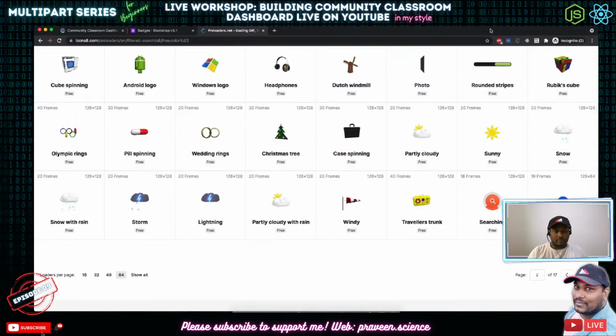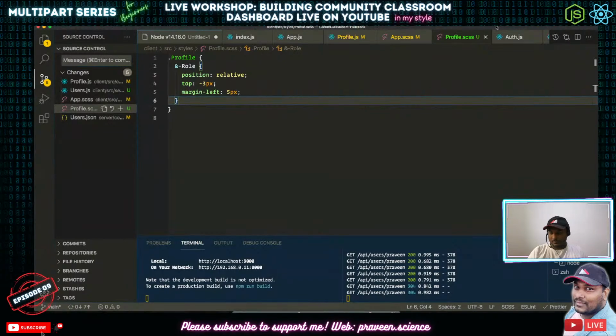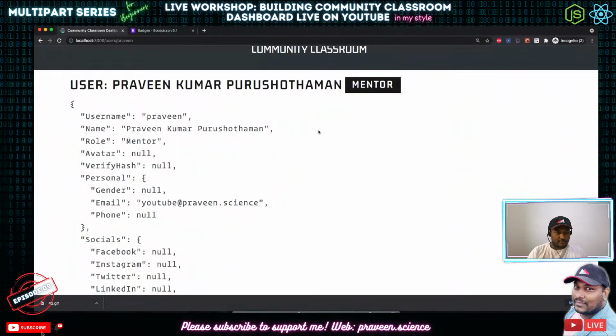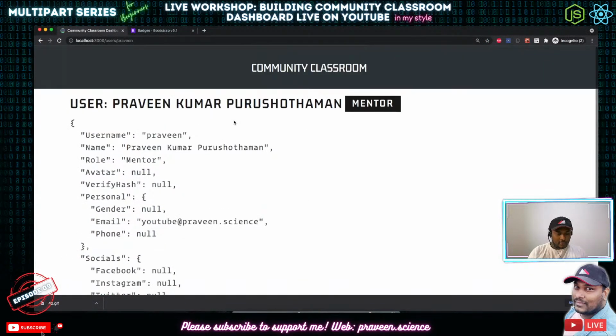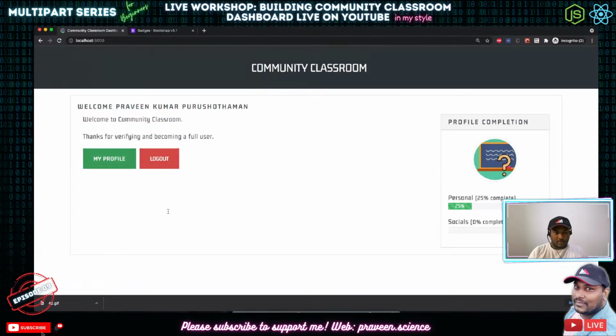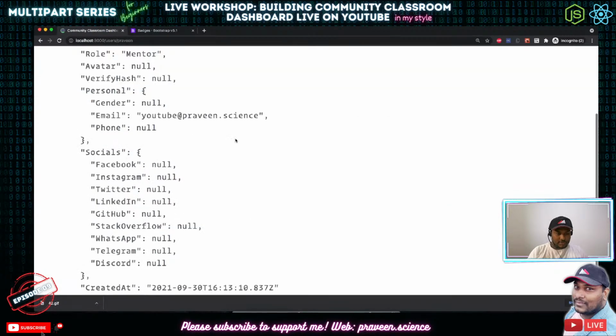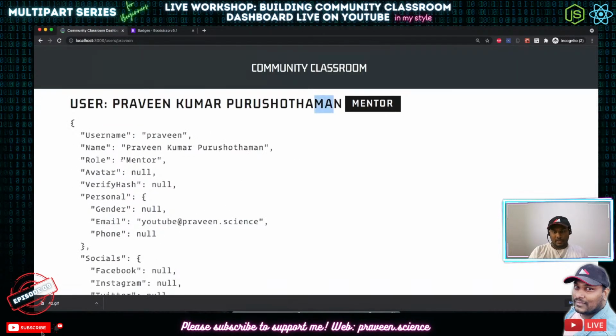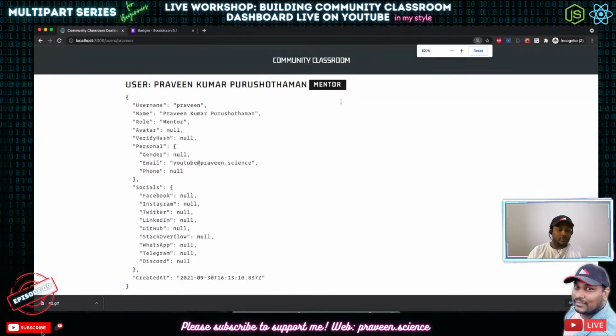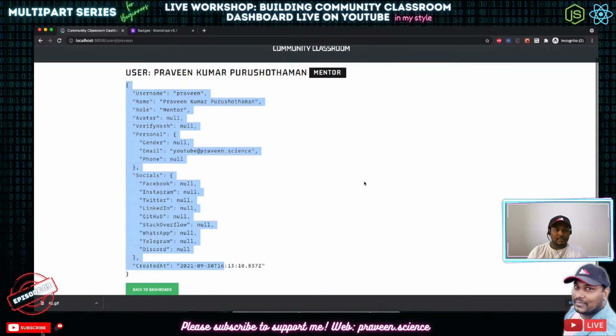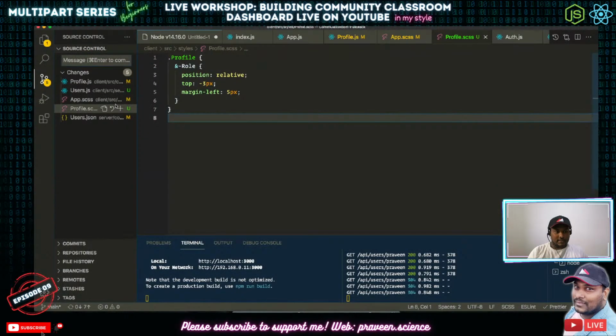So on the right side, we are going to add an image of the user. At the moment, if you see here, we have got everything here, and back to dashboard, we get all these things. So if you click on this one, it's going to show us this way. We have got everything here perfectly aligned, and we should actually use all these details in this profile page as well. So we just added the profile stuff,